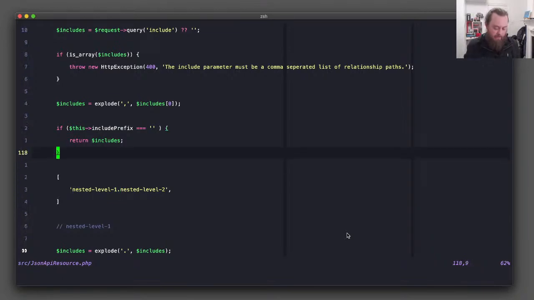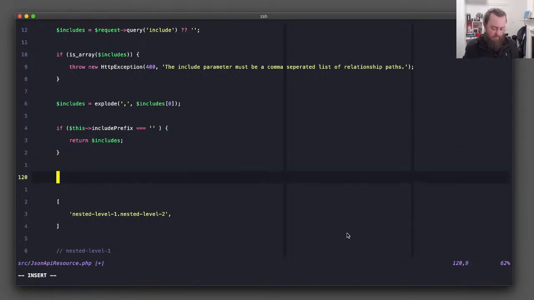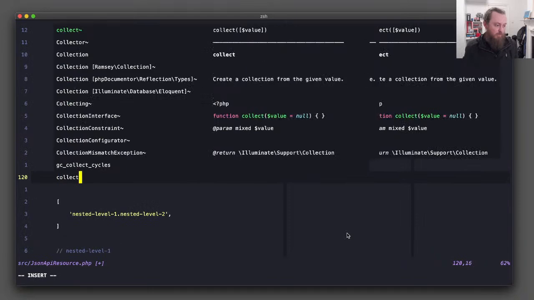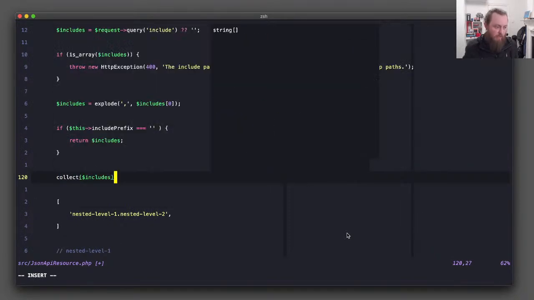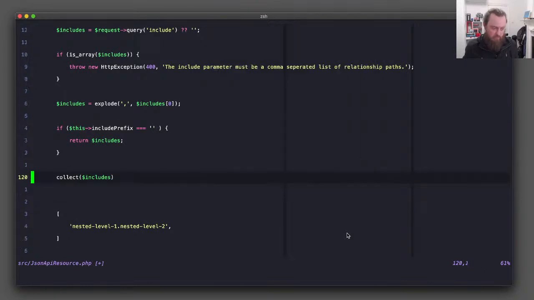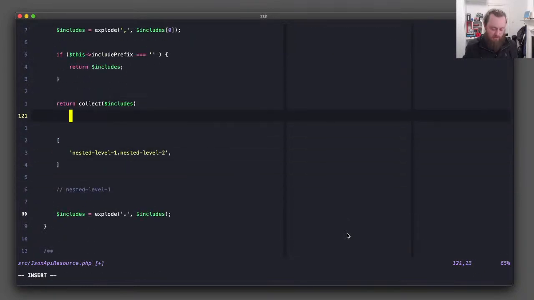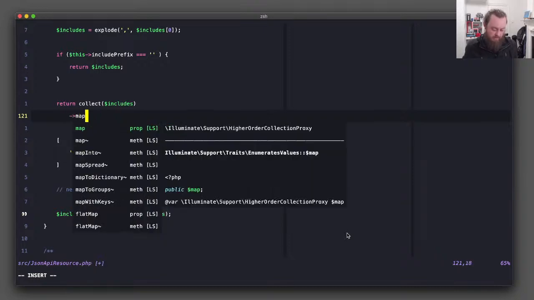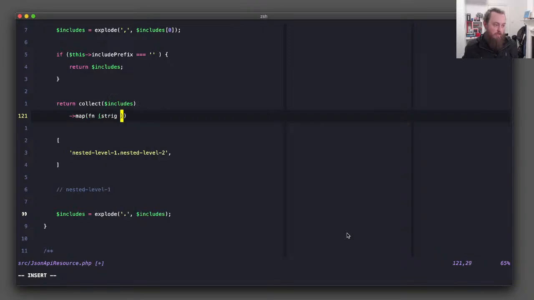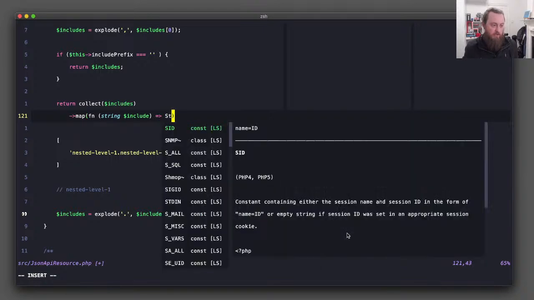So we'll collect our includes, and we'll probably just return from here because I reckon we can probably do this with a pipeline. So we're going to map over all of these, and we're going to get an include, and we're going to use the string helper,